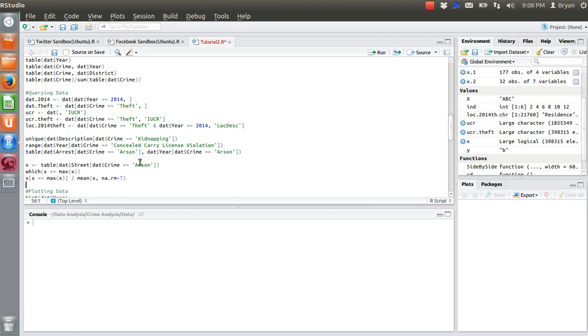So some of the other things we can do is our descriptive statistics while simultaneously querying our data without needing to create a new data set. Before, when I was querying, I said, store, query the data for anything where the year is equal to 2014 and store it in a new data set. But let's say I don't want that new data set. I just want this to be a one-off, quick, answer this question: how many crimes did we have in 2009 related to the concealed carry license violation? Or here, we'll use